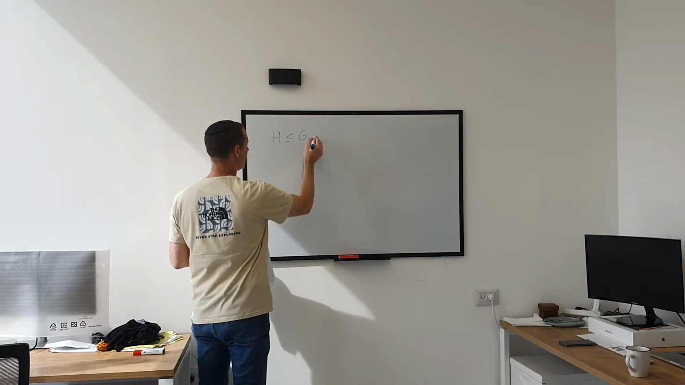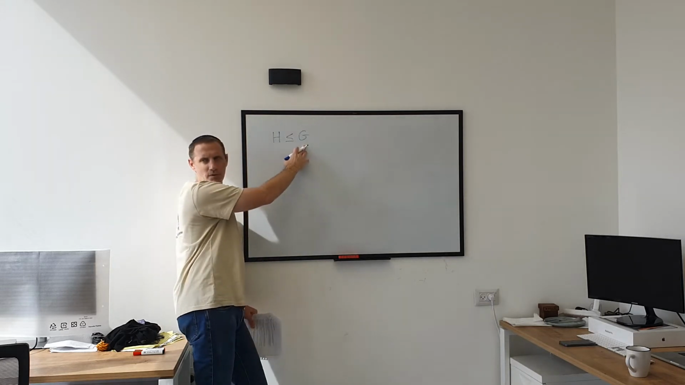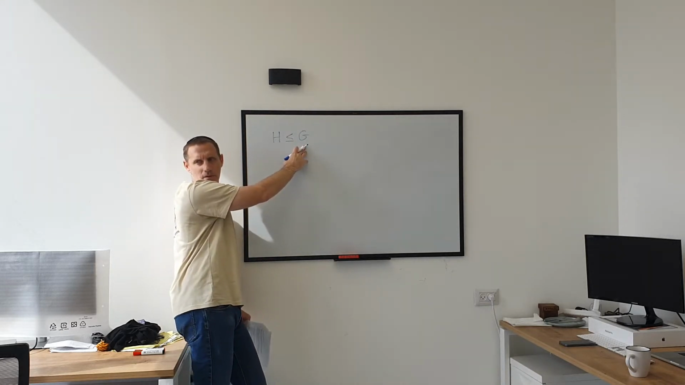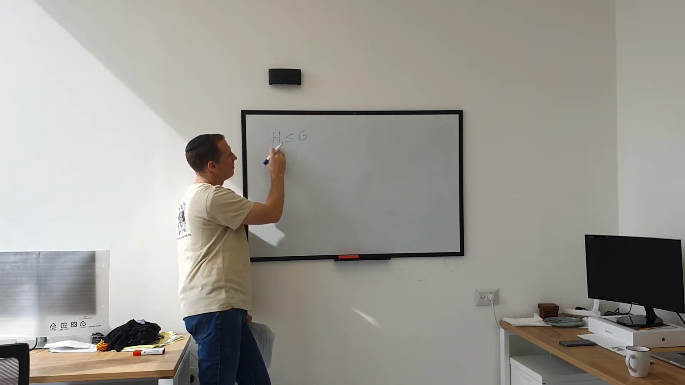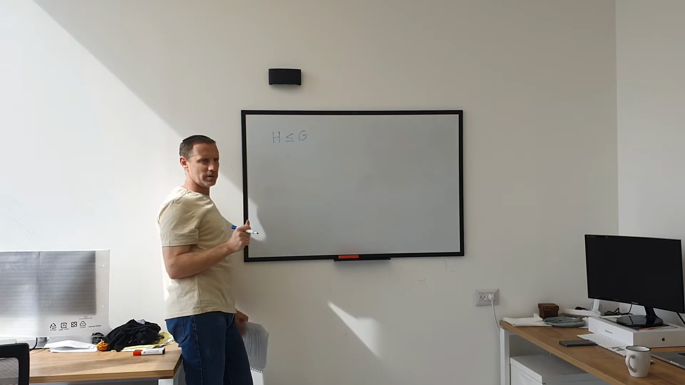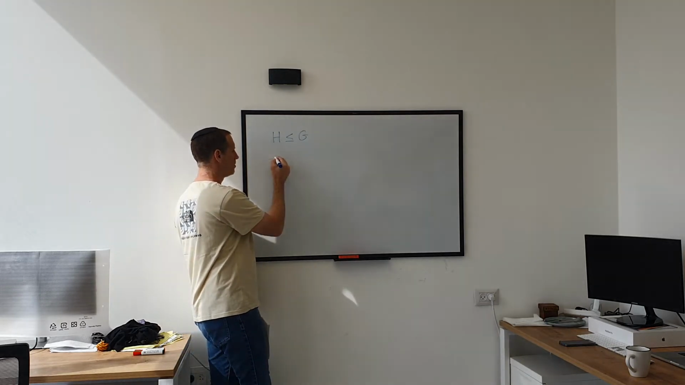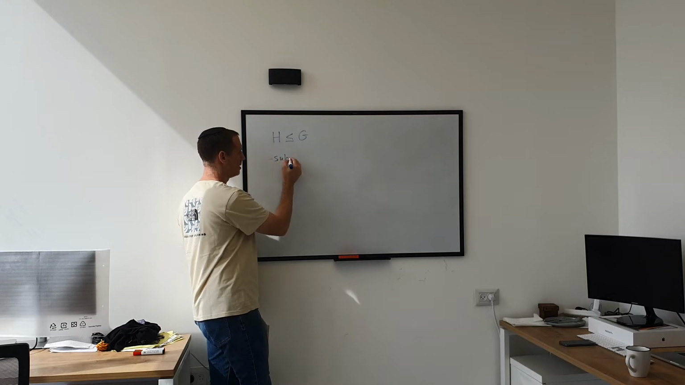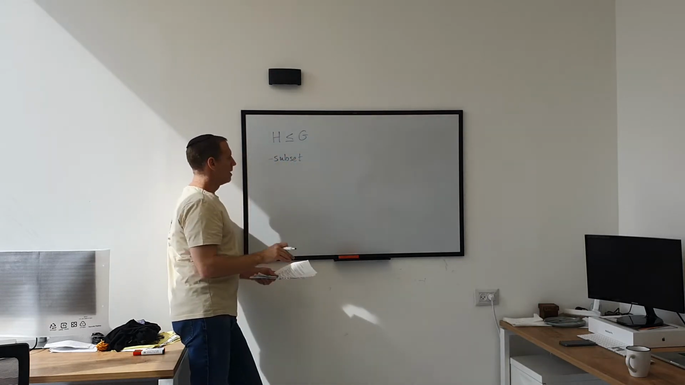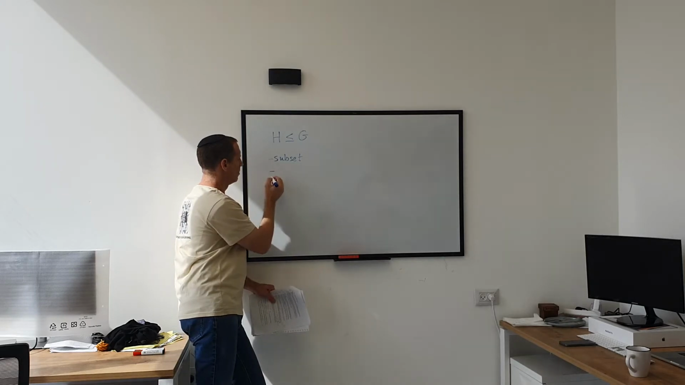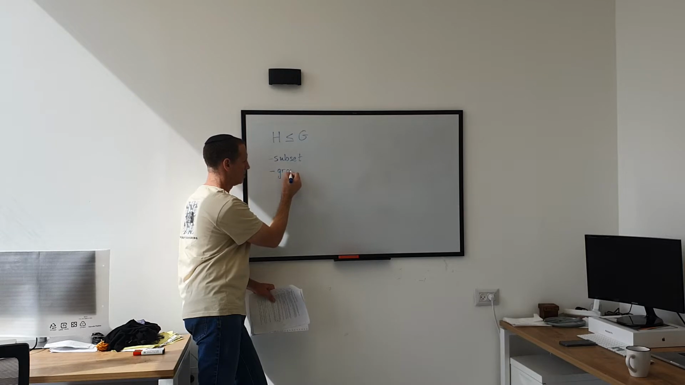Okay, so when we write something like this, this means that H is a subgroup of G. Okay? And if H is a subgroup of G, it needs to do two things. One, it needs to be a subset of G. And two, it needs to be a group on its own